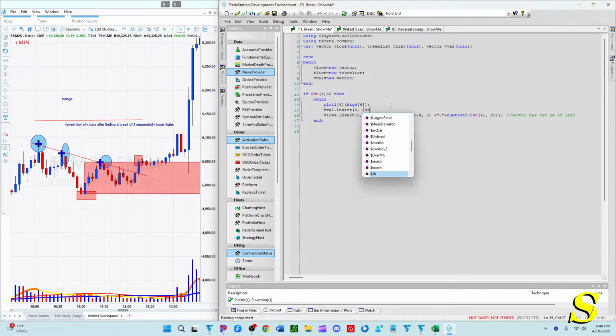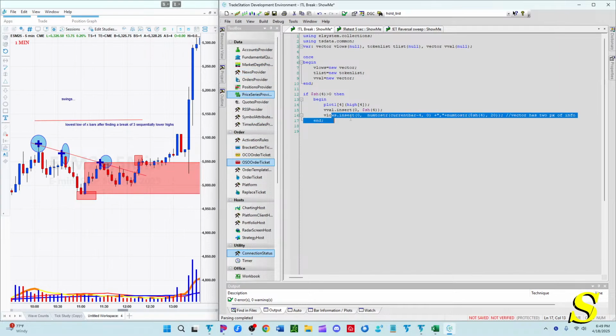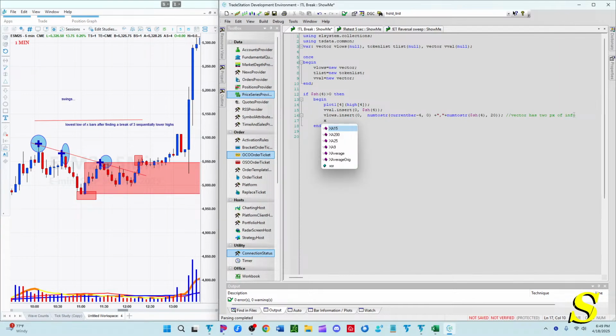It's going to get the same information as far as this price is high here as this vector gets here, and so they'll be inserted one after another. So there should be the same count in the vval as in the vlows. All right, so once we get this, anytime we get a new value here, let's count back and see if this value is lower than this value, is lower than this value. Okay, so once we get these inserted here, let's say x check,